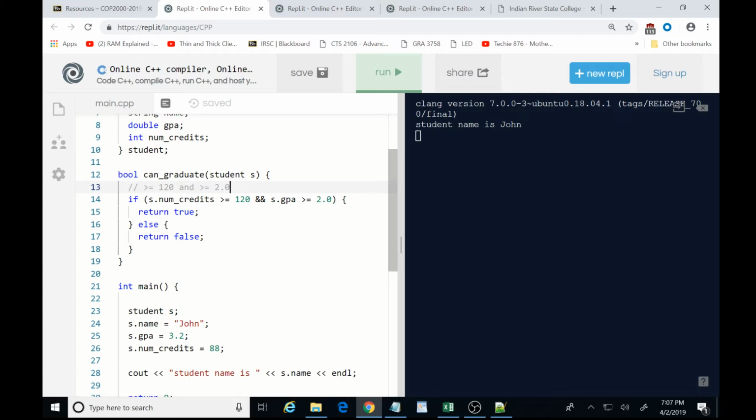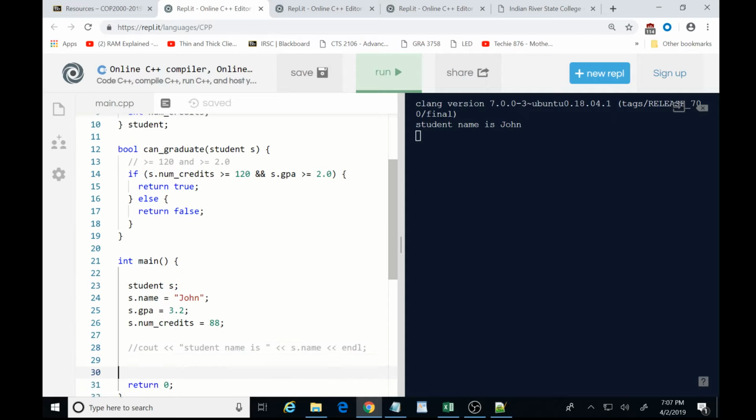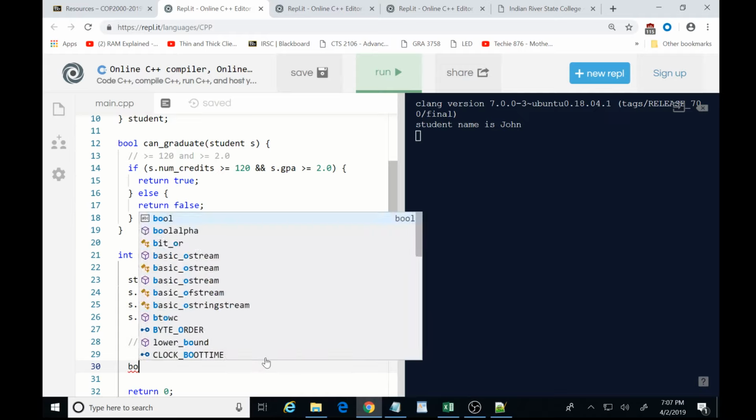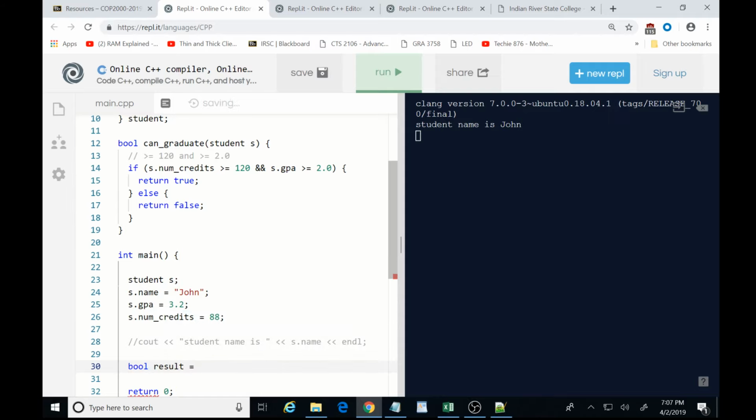Okay, so let's go ahead and test this. I'm just going to comment the cout statement out for now. I don't want to get rid of it, just so you have it for your notes. But let's do this. It's going to be Boolean, so we're going to say bool result equals canGraduate(s), and then we'll say cout graduation status is